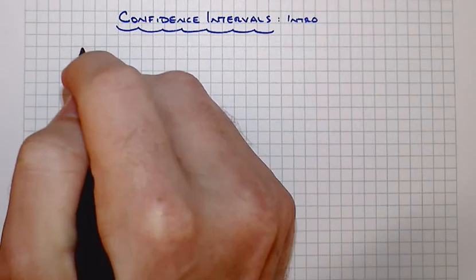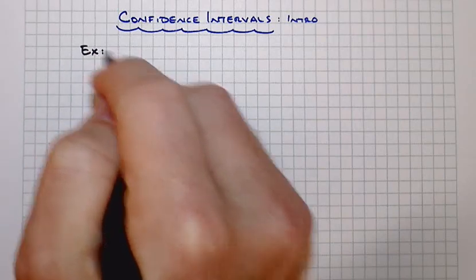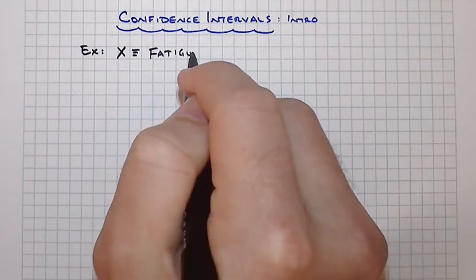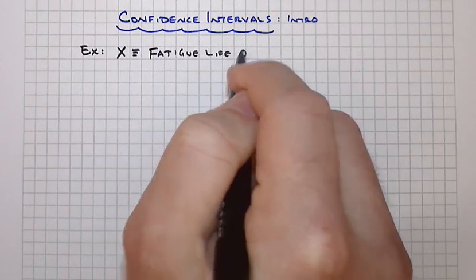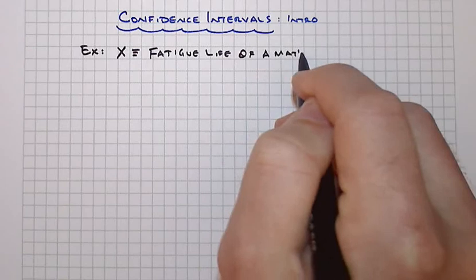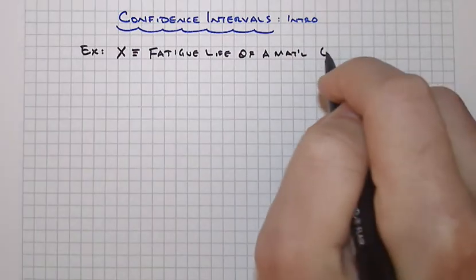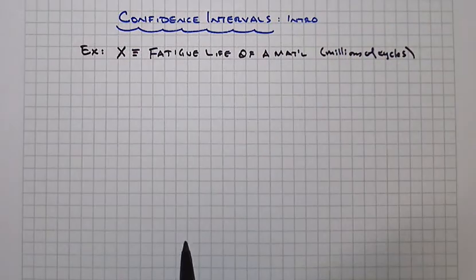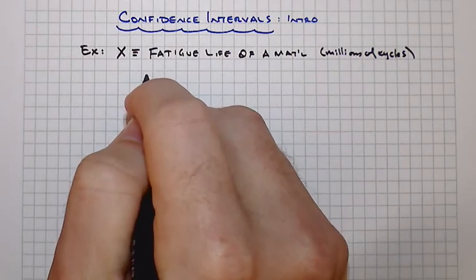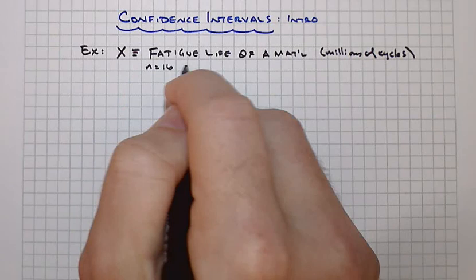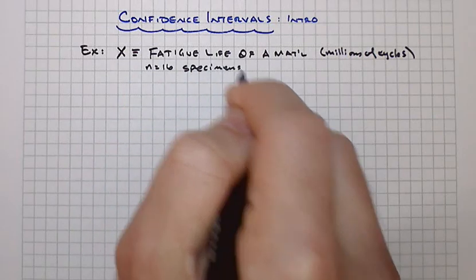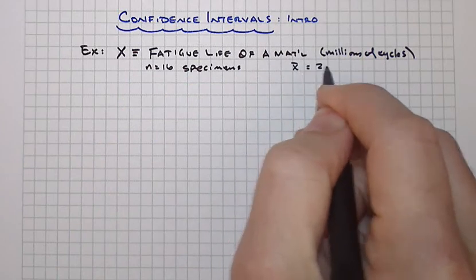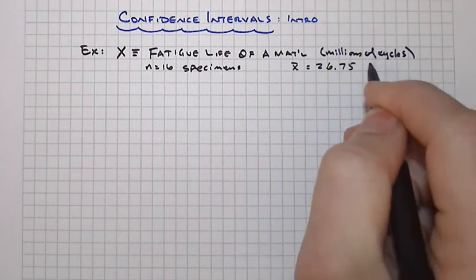And we'll continue on with an example similar to what we've been using, and that is that x, our random variable, is going to be associated with fatigue life of a material. In this instance, that's going to be on the order of millions of cycles to failure. And we've collected data off of 16 specimens where our sample mean was 26.75 millions of cycles,